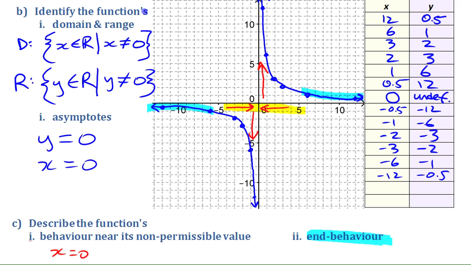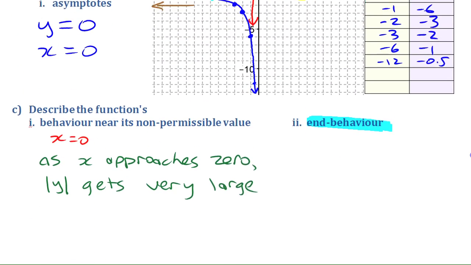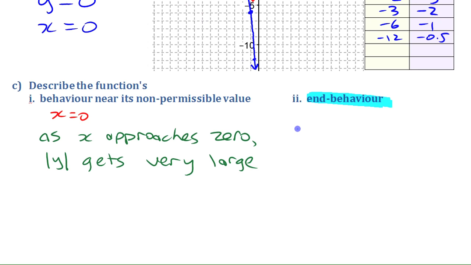As I go out to the right this way, as the x values get larger and larger, the y values are heading for this axis here. They're getting closer to that axis. They're approaching 0. And the same thing goes the other way. As it goes kind of indefinitely to the left, those y values approach 0. So we're going to write the statement down here that